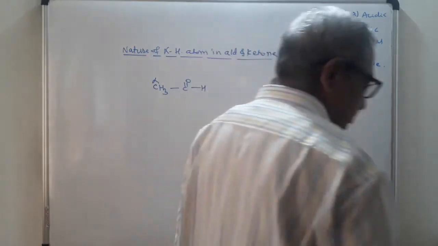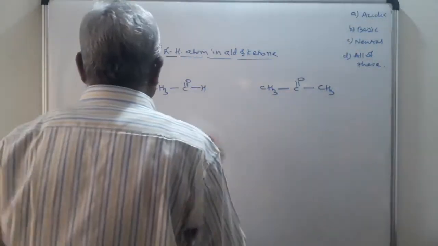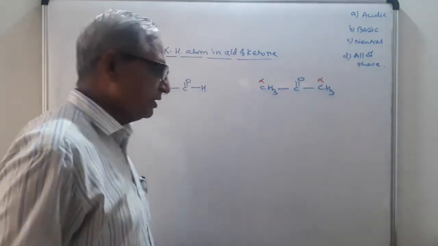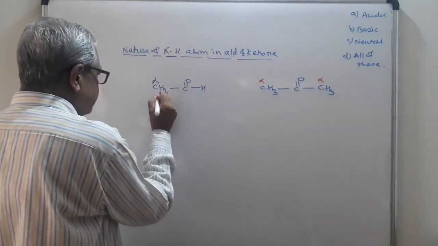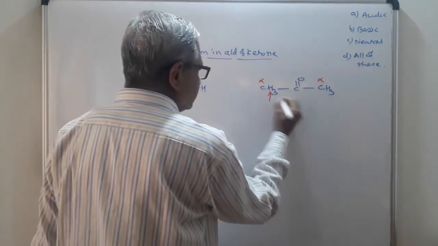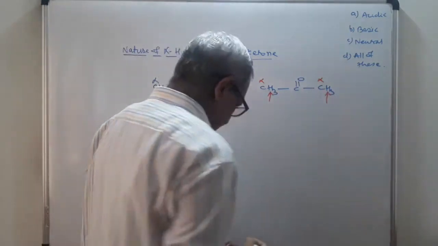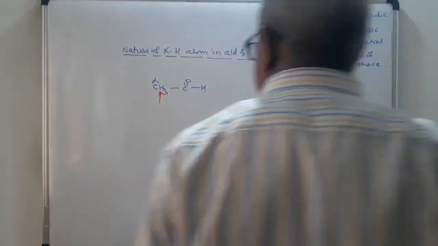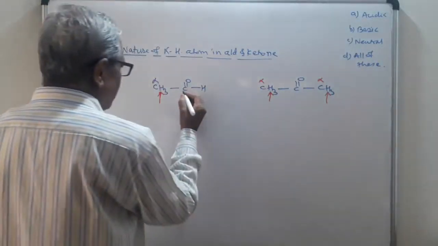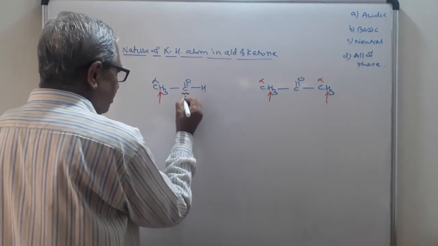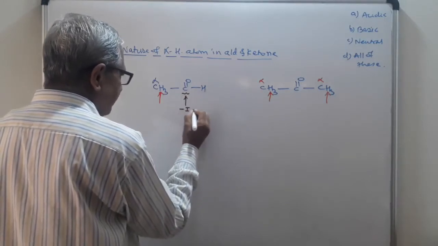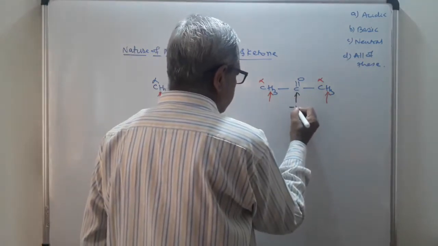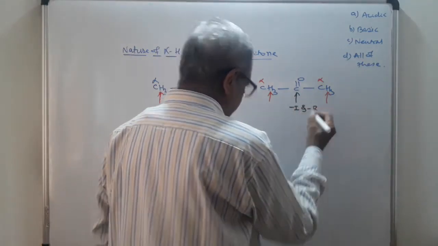Now in this case we have to find out the nature of the alpha hydrogen atom. This is your alpha hydrogen atom. And what is the nature of these 3 alpha hydrogen atoms and 6 alpha hydrogen atoms here? You have to find out the answer. Now see here, the answer is based on the C double bond O group. The C double bond O group has a minus I effect and minus R effect. The C double bond O group is present in both aldehyde and ketone.